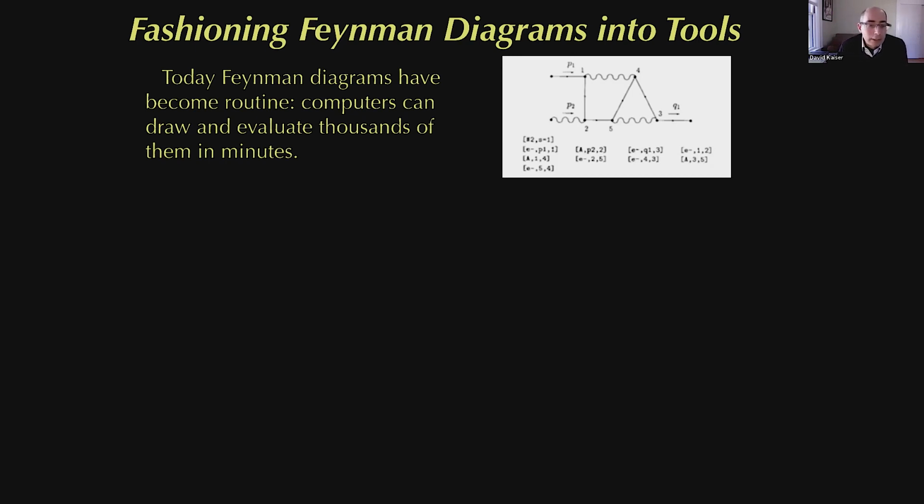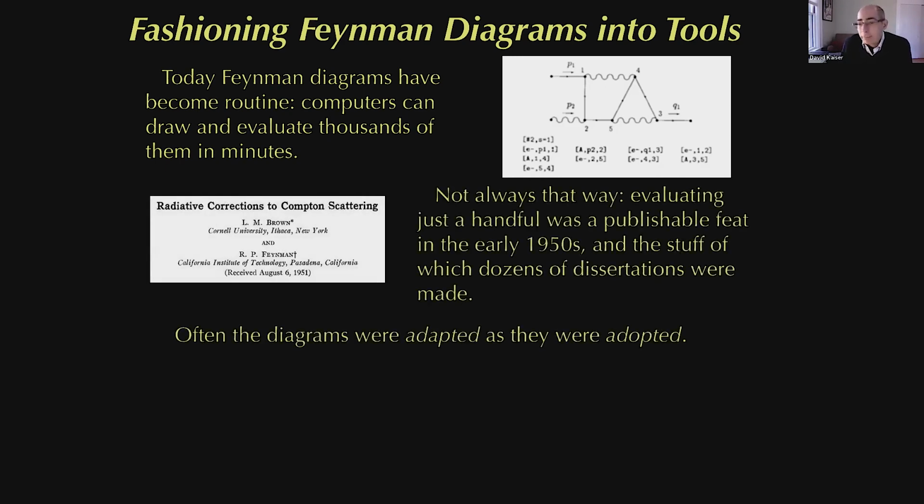So there are now computer routines that will evaluate tens of thousands of them, even on not very fancy laptops. So you have these algorithms to compute very large numbers of Feynman diagrams quantitatively, and also routines to draw them. The way they look has now become automated or subject to computer routine as well. They're all over the place in virtually every subfield of the discipline, or many subfields anyway.